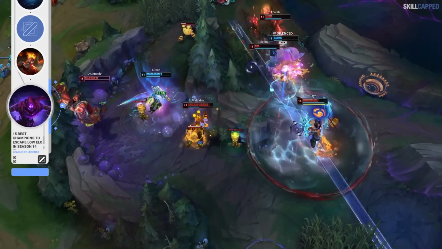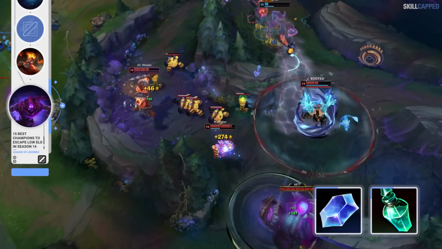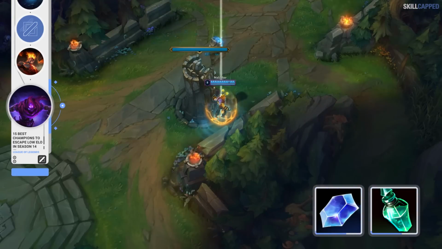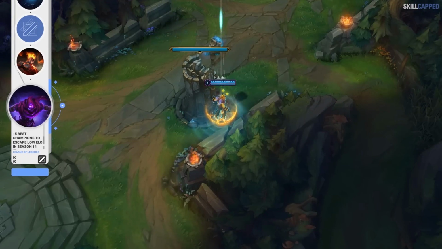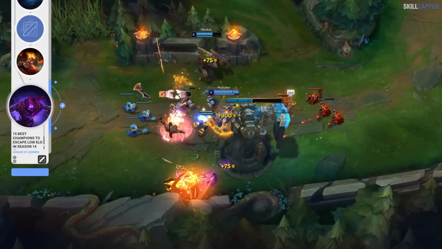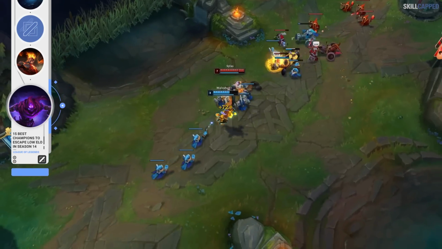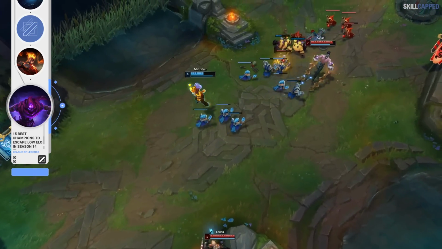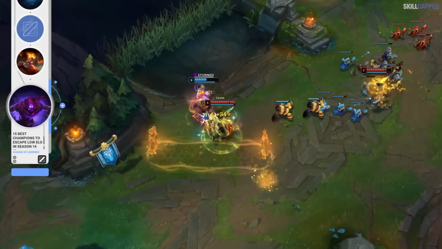So instead of starting with a Doran's Ring, look to start Mana Crystal with Refillable Potion. This way you're able to reach your Lost Chapter Spike faster, which is when you can actually start shoving out waves and being more useful. At level 6, always try to play with your jungler and look to fight when they're around. As long as you provide the lockdown with your R, winning out in 2v2 skirmishes is pretty easy with Malz